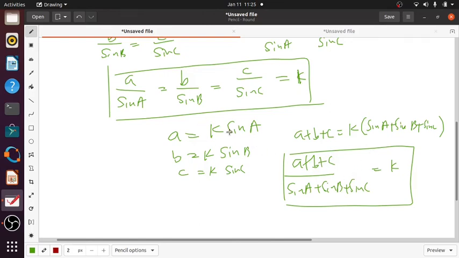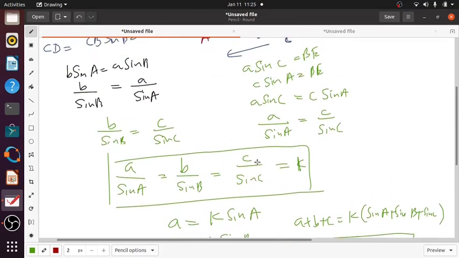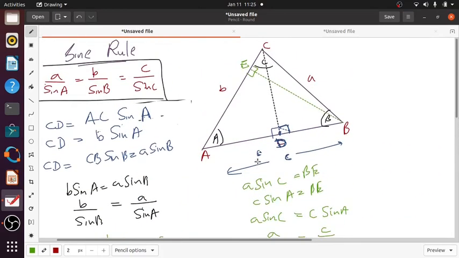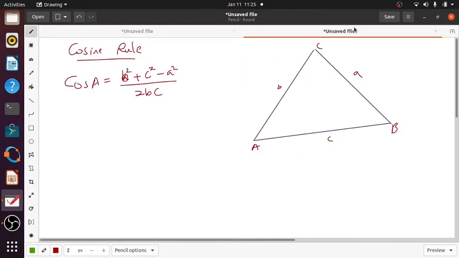So this is a way that you can apply this relationship in problems, and we'll look into the problems in the discussion itself. Right. So this is about the sine rule, and we'll look into the cosine rule now. The same way, the cosine rule says that